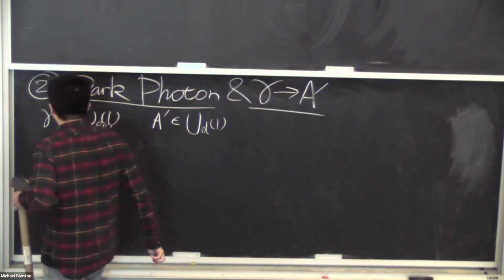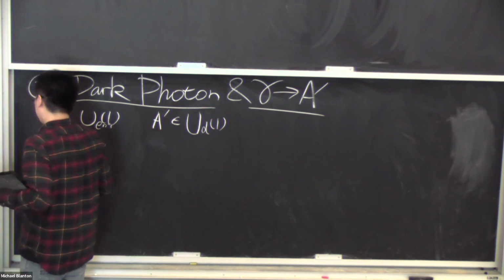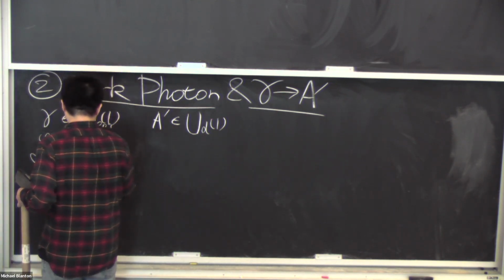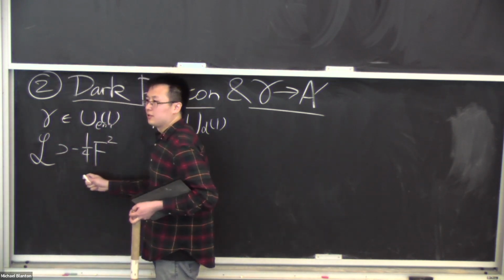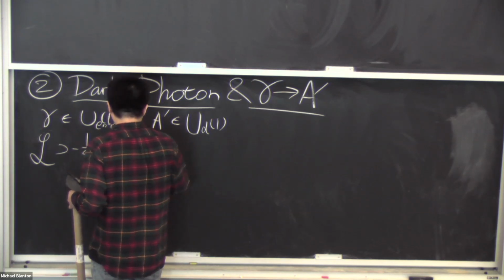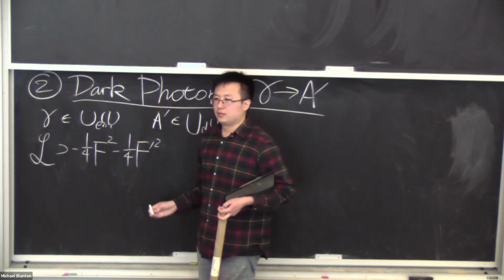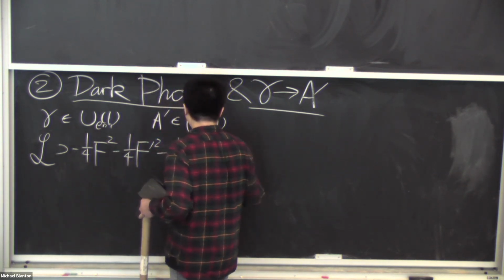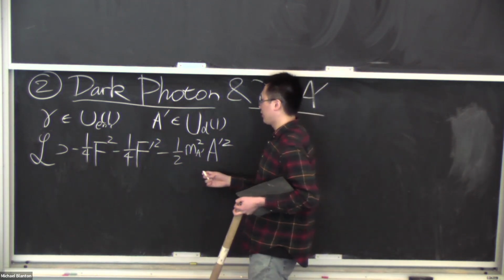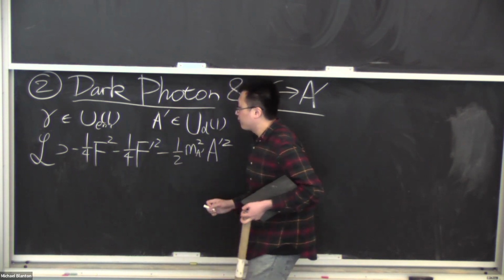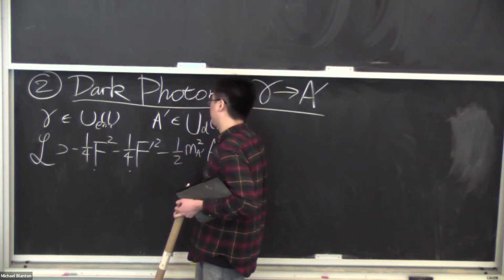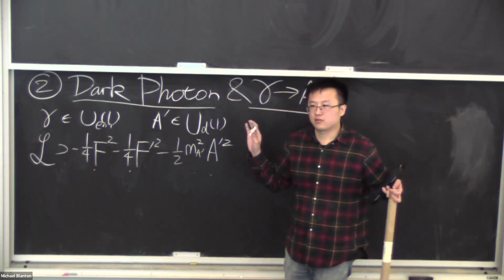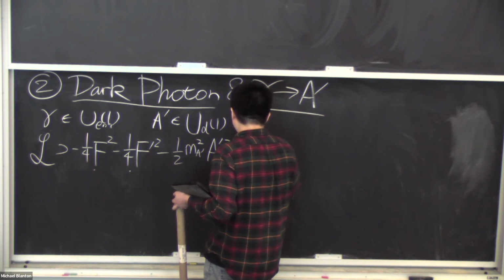And if we want to be more specific, I will write down the Lagrangian. I will try to avoid writing too much Lagrangian, but this is what I think is necessary. The first term I write down is the kinetic term of the photon, as we have learned in electromagnetism. The second term is the kinetic term of the dark photon. And the third term is the mass term of the dark photon, because we stay agnostic about whether the dark photon has a bare mass or not. So we just write down the mass term. From effective field theory, this is a dimension 2 operator, but we need to write down all the dimension 4 operators which are not forbidden by symmetry. We don't have any extra symmetry to forbid them. Okay, so we also need to write down